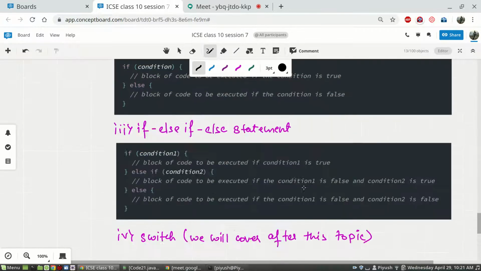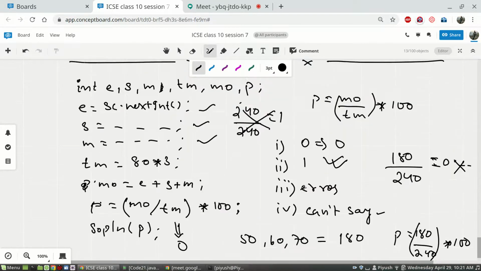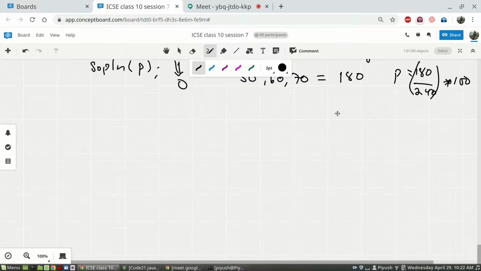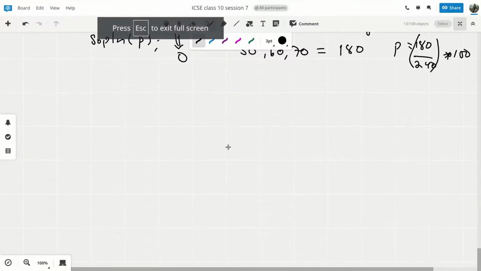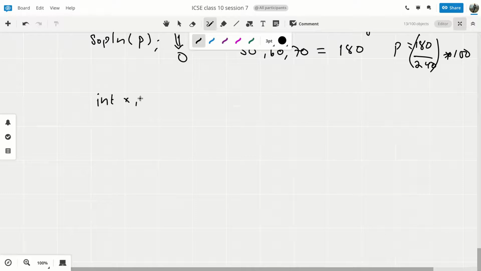So now moving ahead, there was one question in the assignment as to how to swap the variables without using a third variable. Okay, so let's say we had int x comma y, and we'll not take other variables, and we'll write x equals to 2 and y is equals to 3. How to interchange the value of x and y without using a third variable? Third variable was pretty simple, so we'll see without using that.